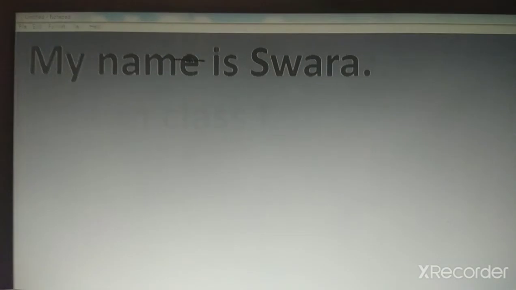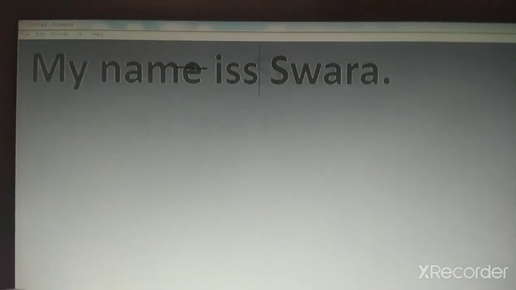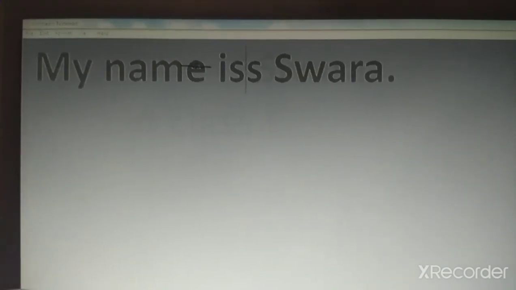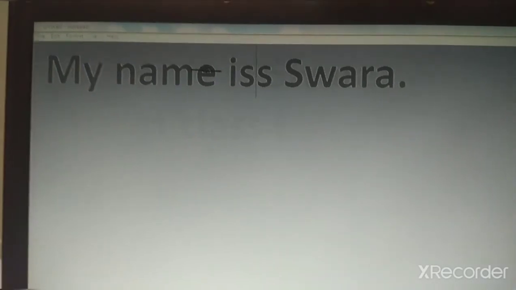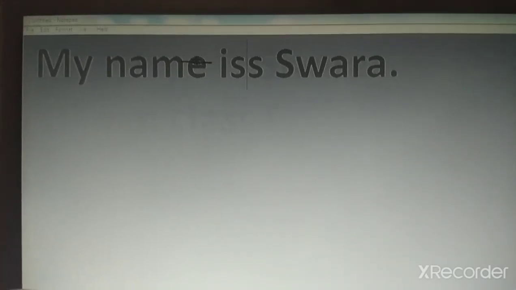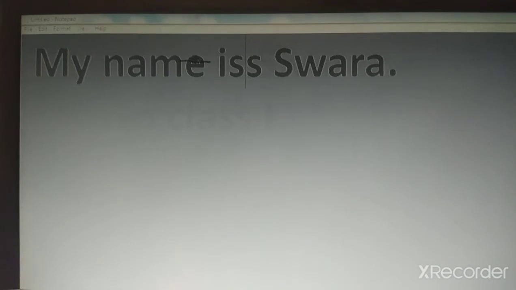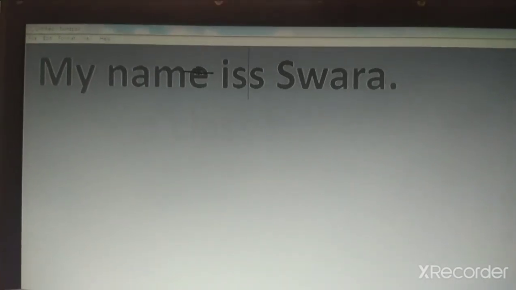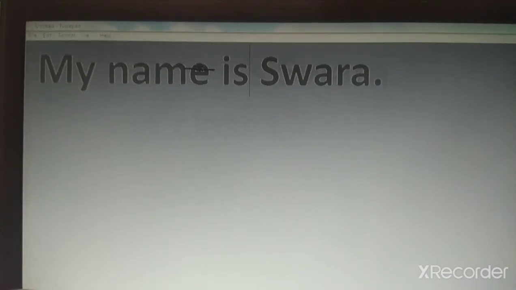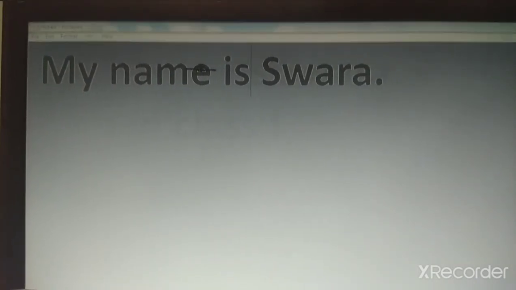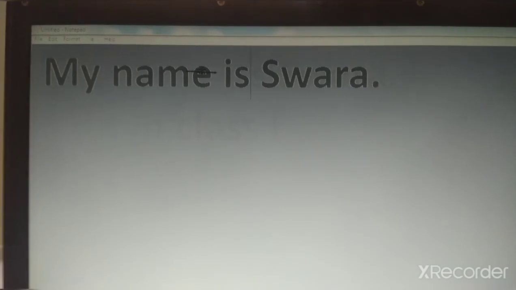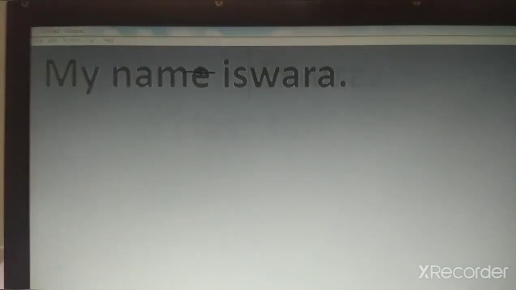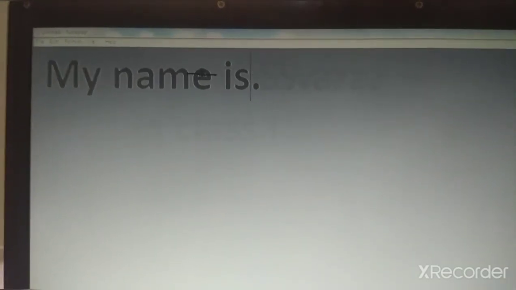How do we use it? Okay, see, I will show you again. Suppose we have made one typing mistake. Just take your cursor in between the two S and see what will happen when you press the delete key. See, this extra S gets deleted. Understood, children? I will show you, just press the delete key and see.